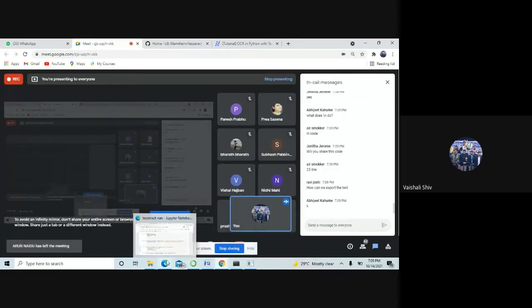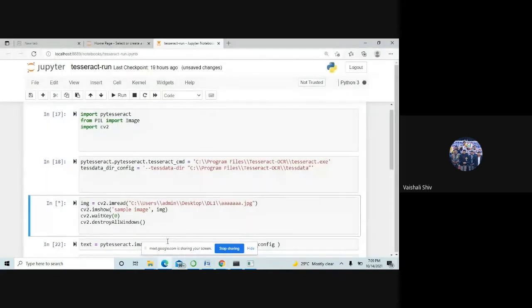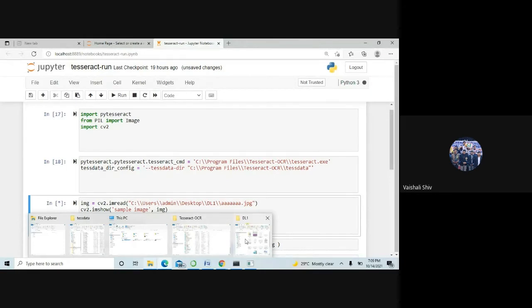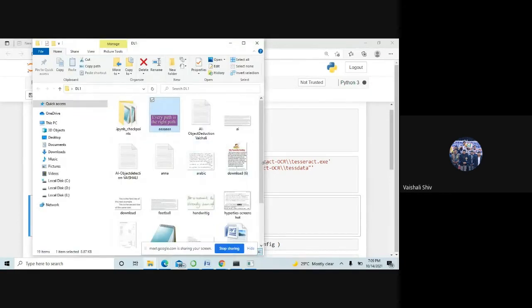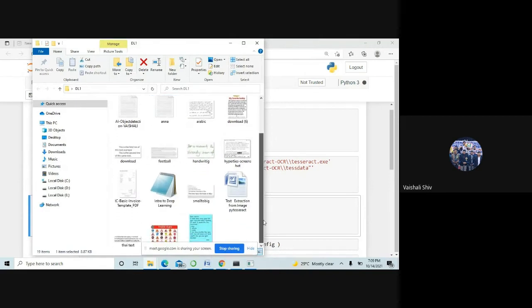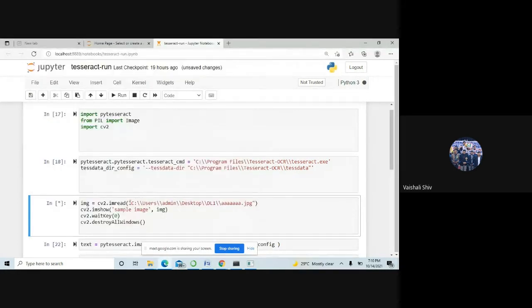Okay, so we will see with another image. This image we will copy.